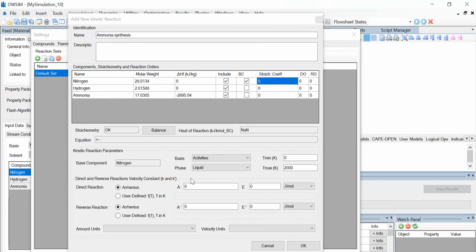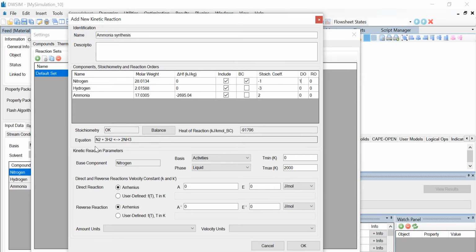So nitrogen is -1, hydrogen is -3, and ammonia is 2. Now since nitrogen is the base component, let the direct order of nitrogen be 1. And you can see that the stoichiometry says OK, so that means the reaction is balanced,